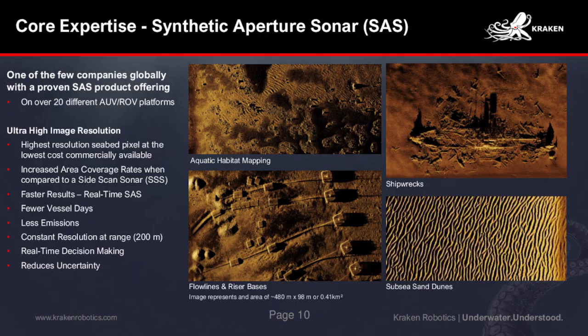On the commercial side, these big offshore vessels that might go and map the seafloor, they might cost $100,000 or $200,000 a day for day rates. So with new modern equipment like ours, where you're able to cover a wider swath, very high resolution, you're effectively getting the job done quicker and giving them really good quality data. So that means that there's fewer vessel days, and that means that there's obviously less emissions